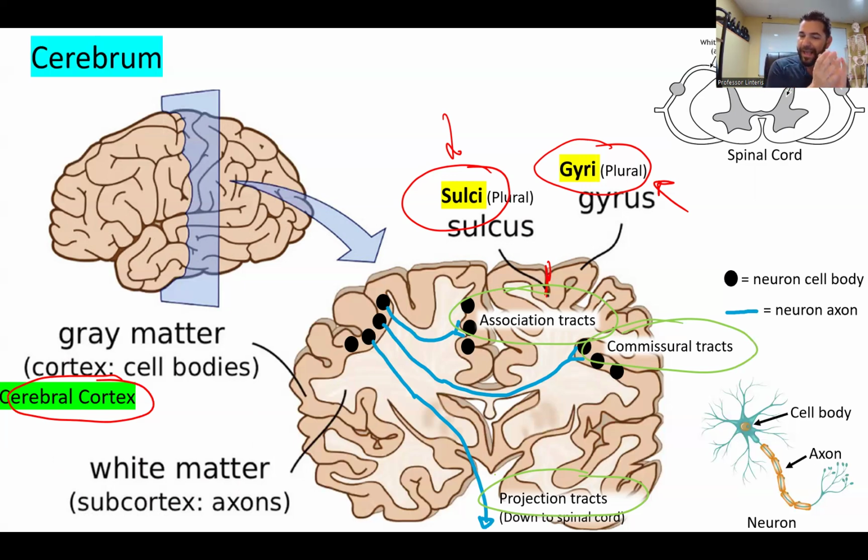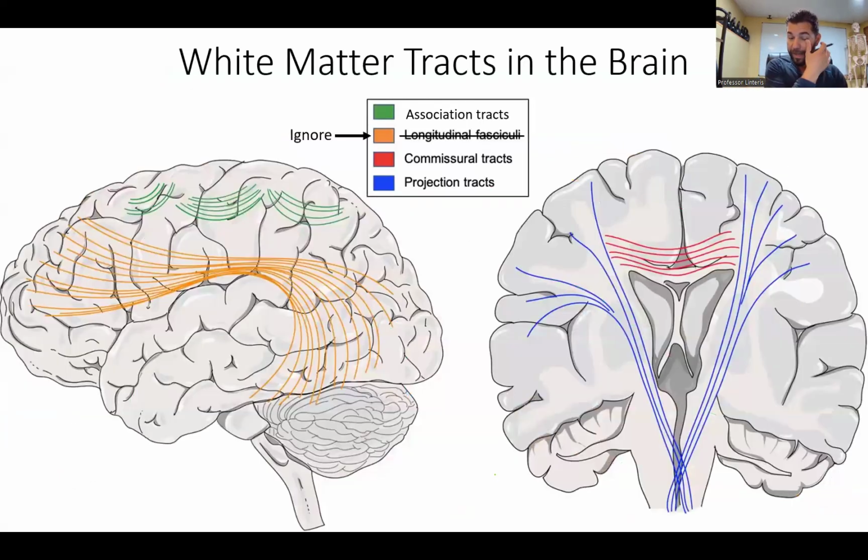Do they connect areas on the same side of the brain? Do they connect opposite sides of the brain? Or do they connect brain to lower level structures like the spinal cord? And that's really the difference between these groups of axons. And we can see them here. So looking at a lateral view, we could see that there are,